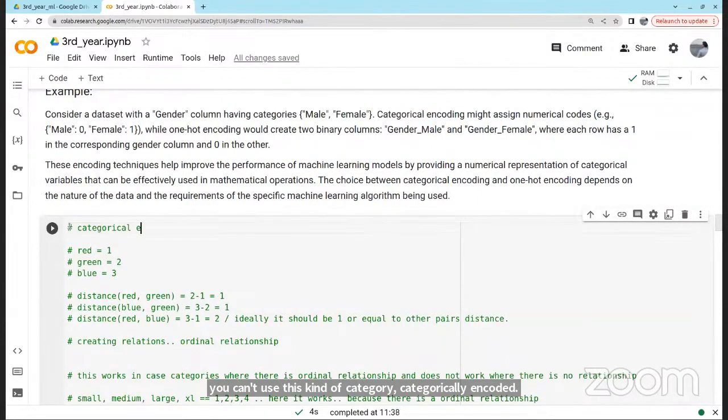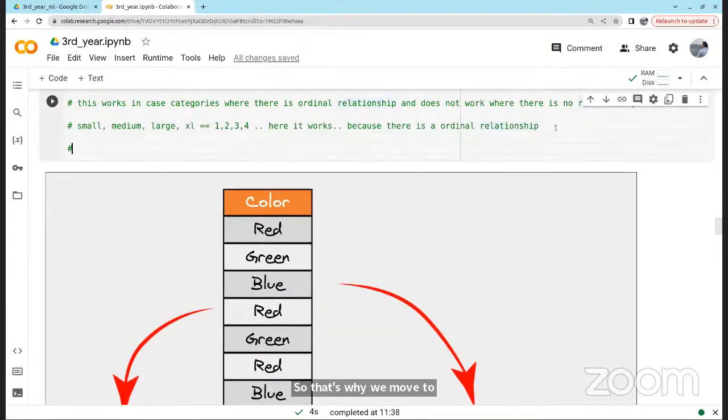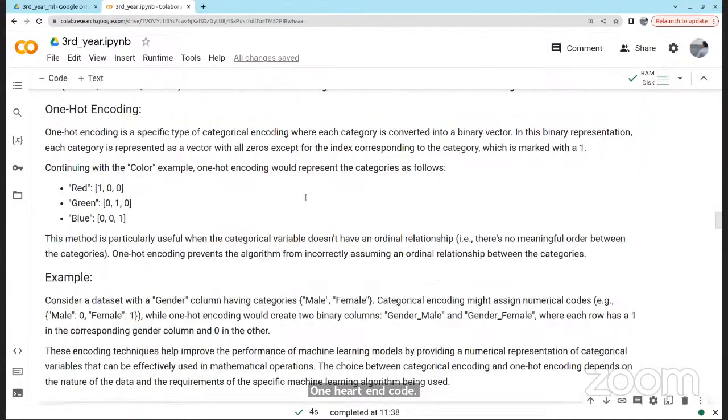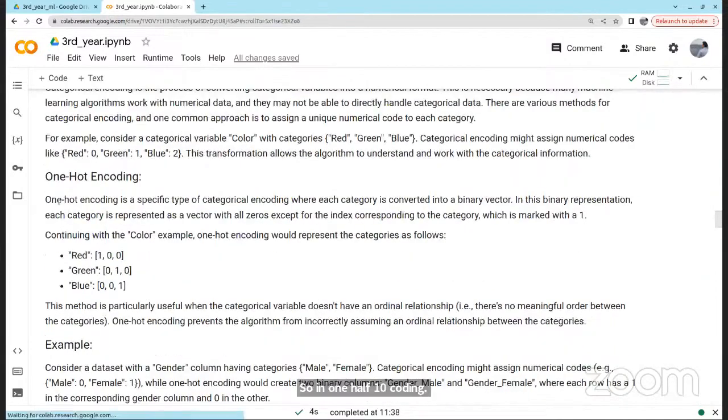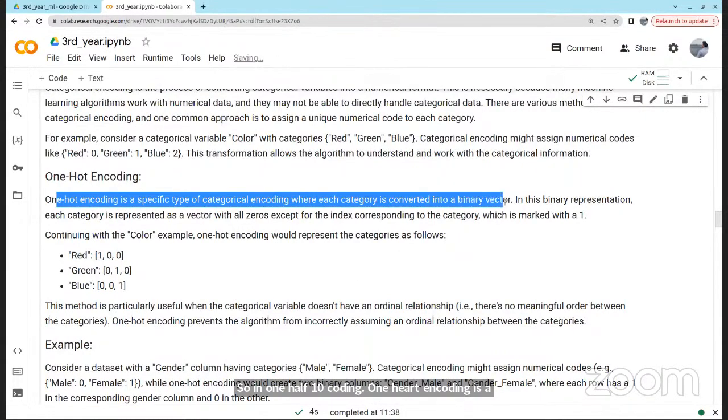Okay. So that's why we move to one hot encoding. One hot encoding is a specific type of categorical encoding where each category is converted into a binary vector.